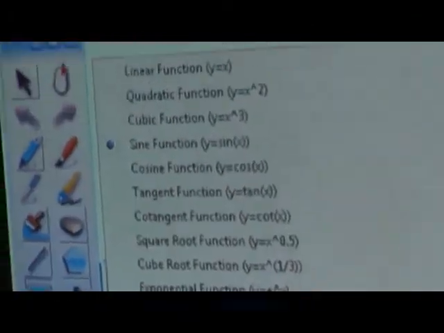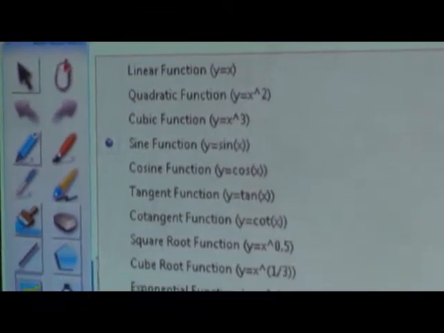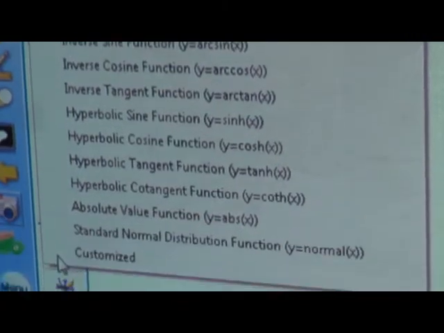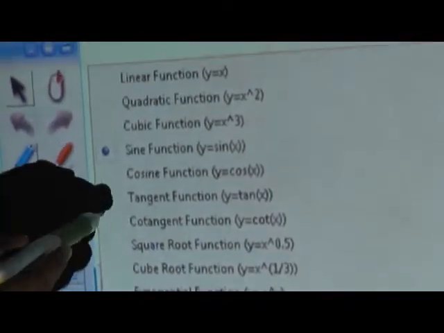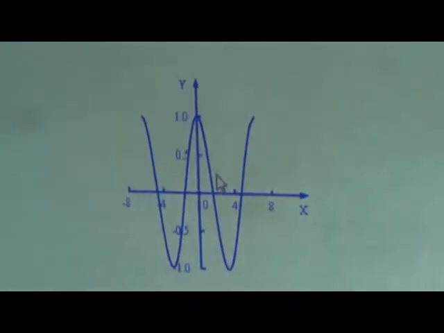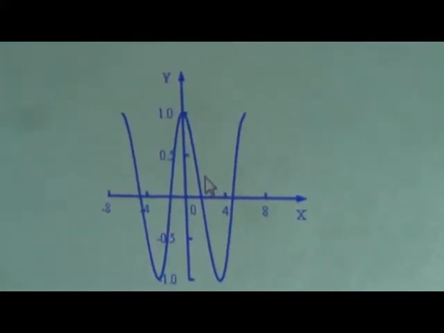This is one more tool which is a unique feature in this Spectron board: the various theorems and functions used in maths, like the cubic function and the tangent function. These are the regular functions which the teacher uses. And you can see that any of these functions will have its schematic diagram also. Like I am in the cosine function, and there it comes, you can have your cosine function in one instant. Now this is where this board stands alone. You don't have this feature in other boards.